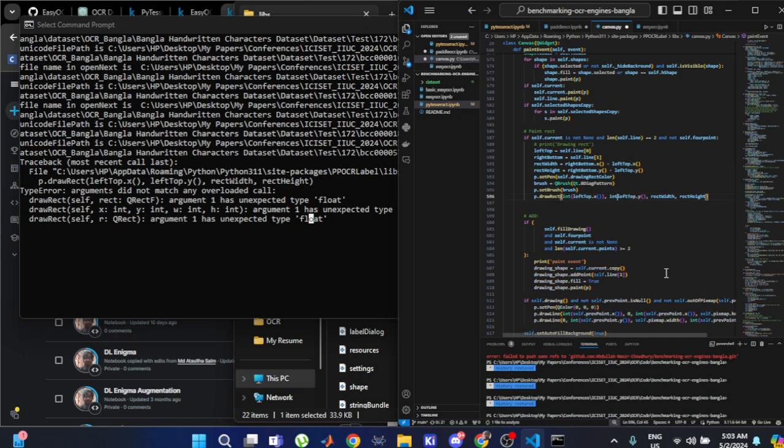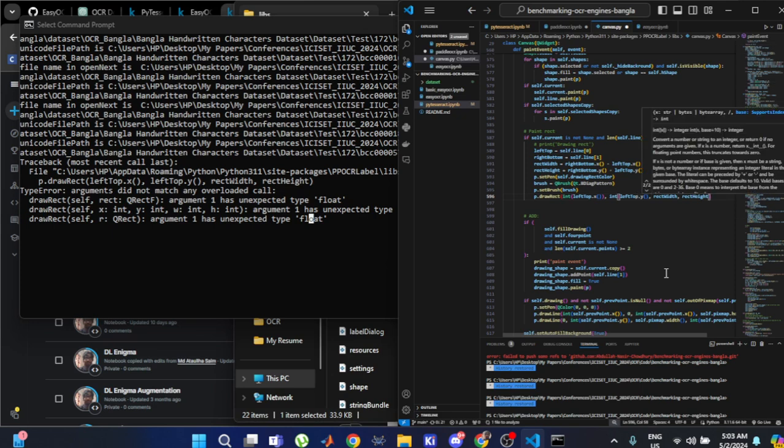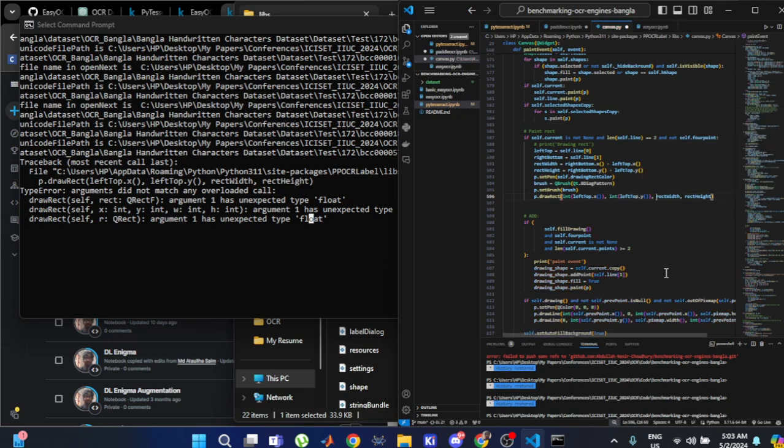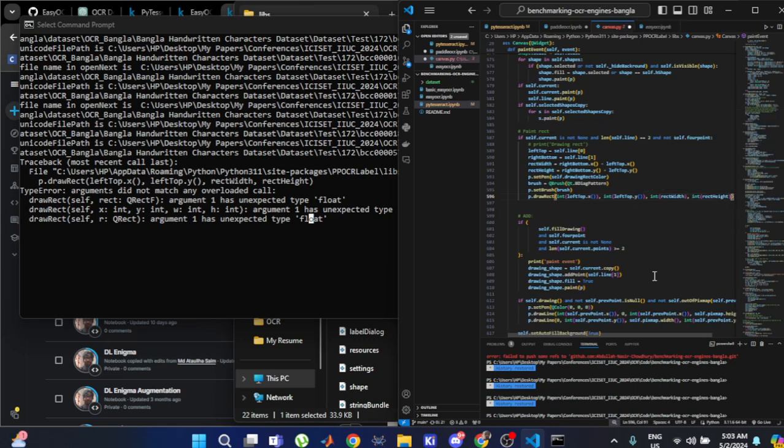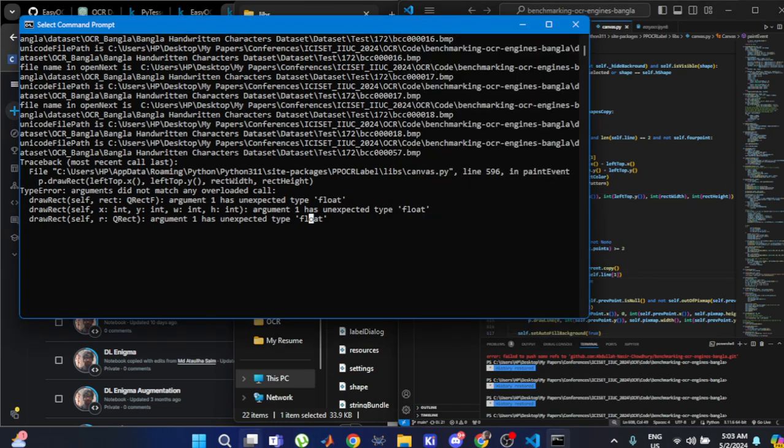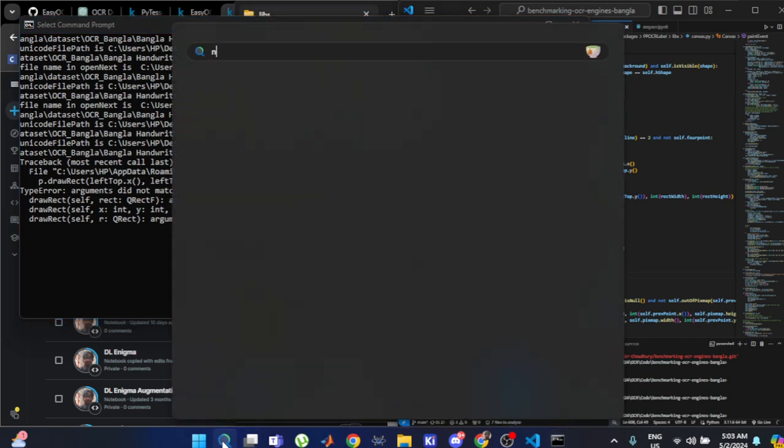And we're going to come over here and convert this one to int. Come over here and convert this one to int. And come over here and convert this one to int. I'm hoping that this solves the problem. Say Control S. In case it doesn't solve the problem, we could just open a notepad